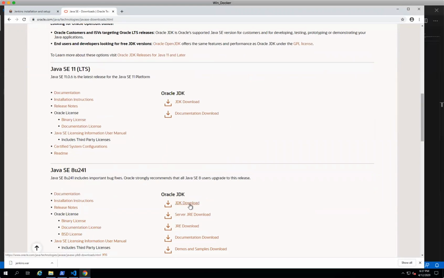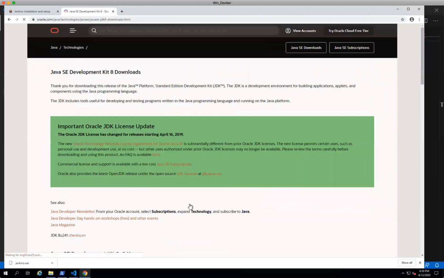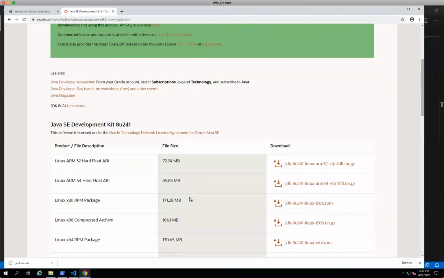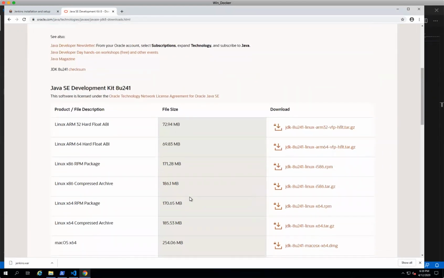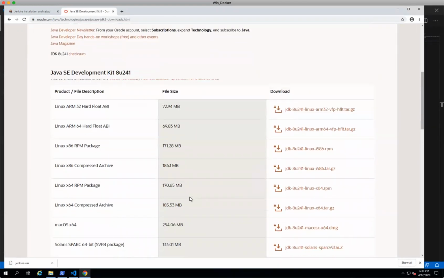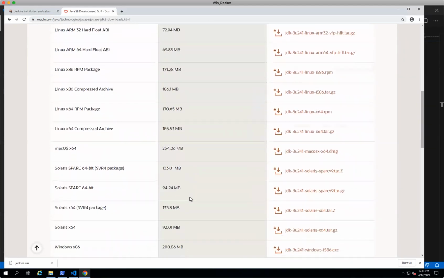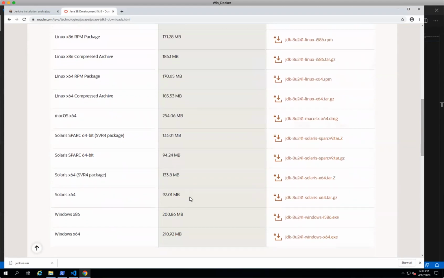Just click on the JDK download, and then if you go below, it will give you information about which operating system you want to download for. I want to download for the Windows operating system, because our containers are Windows based. So Windows x64, and I will download this one.